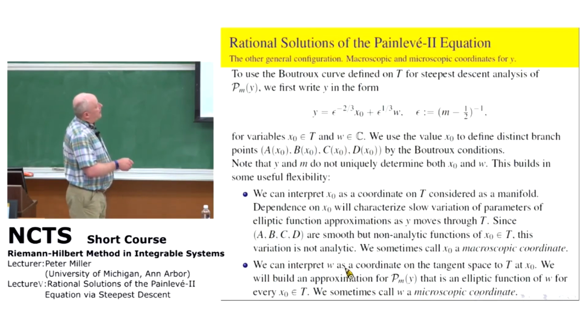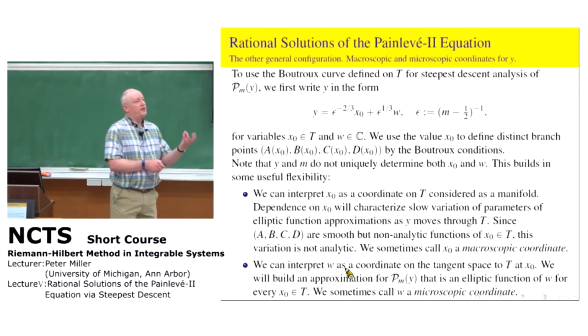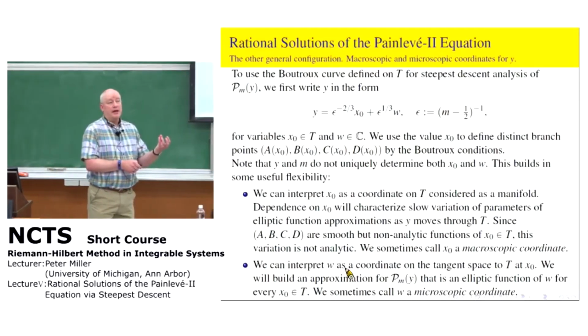So we're going to use the value of this x naught to define distinct branch points A, B, C, and D by the Boutroux conditions. But what I want to say is that we're going to think of x naught and w as independent parameters here. And the thing is, it's clear that if you know what y and epsilon are, you cannot uniquely determine both x naught and w. So it means that we're going to have multiple formulas for the same Painlevé function. Okay, and these formulas will all be asymptotically equivalent,